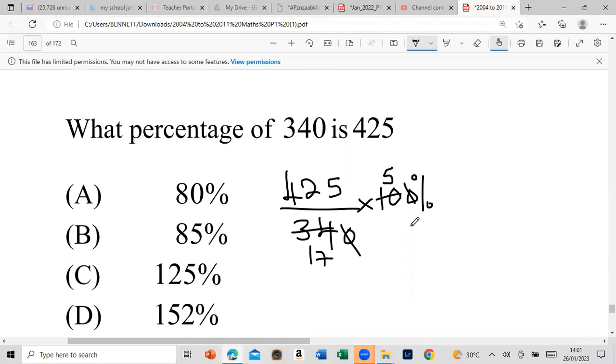So what we can do is to multiply 425 by 5. Alright, so 5 5s are 25, 5 2s are 10, and that's 12, 2 carry 1. 5 4s are 20, and 1, 21. Alright, so let us divide